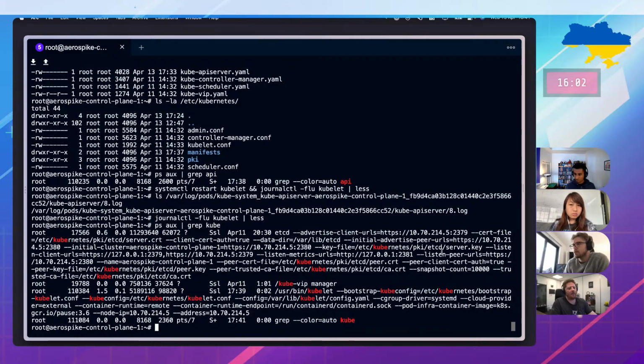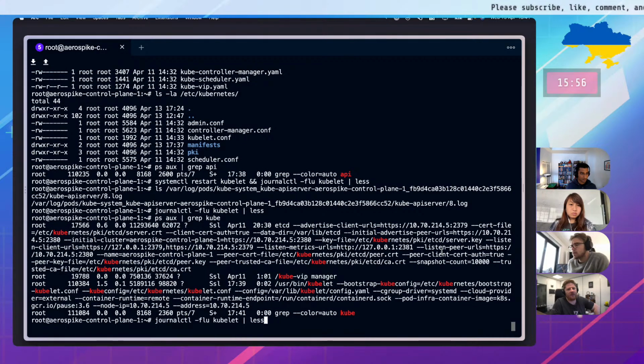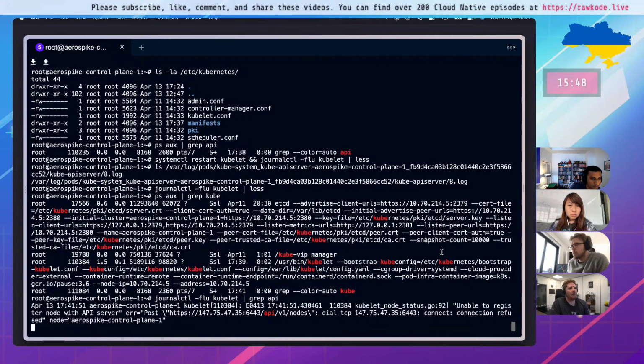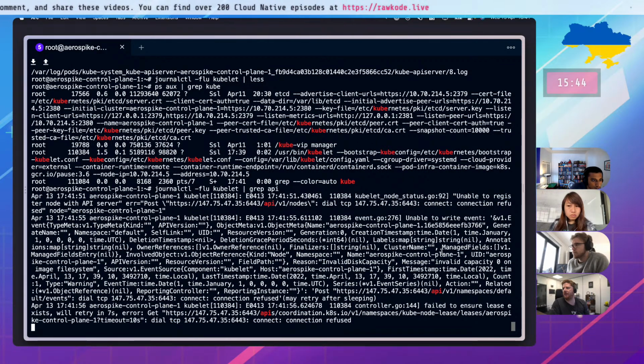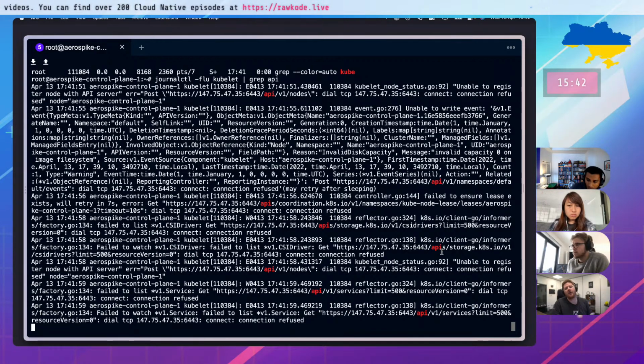I'm curious if we journalctl the kubelet again and just grep for API server, if there's anything. And if not, I'm not actually convinced that it's trying to start it. Yeah, that's it, just trying to speak to the API server. So I'm not convinced it's trying to start those static manifests.